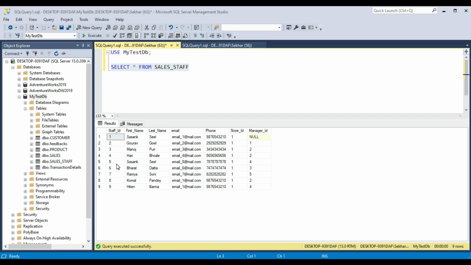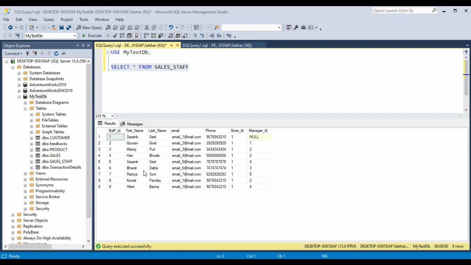The staffs are reporting to different managers, and a manager himself is a staff in the store. Suppose you want the manager name of each staff. The table has the first name and last name of the staff alone. It has a manager ID column, but it doesn't have a name column for the manager.